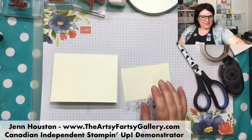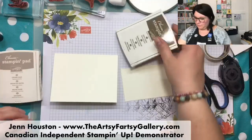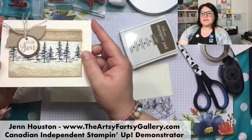All right, so for this one, I'm going to change it up just a tad because I want to try a different color combo. So instead of the black trees,